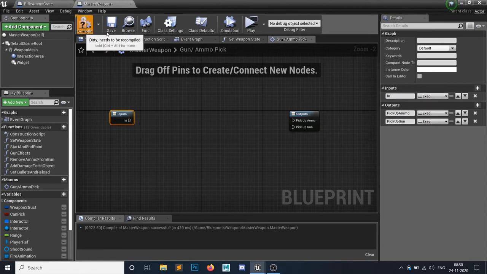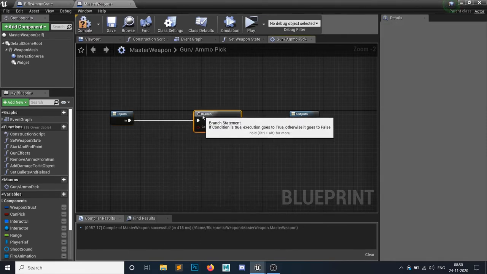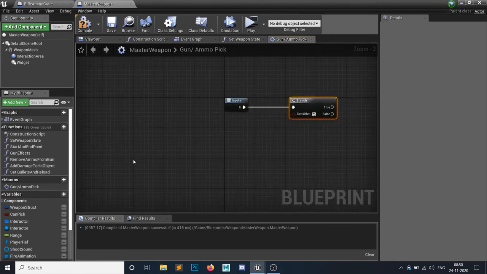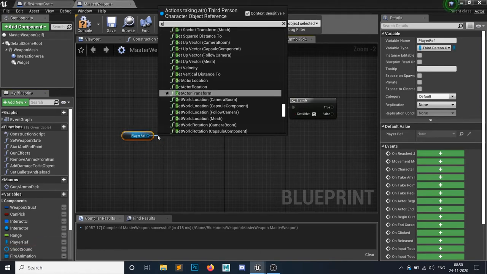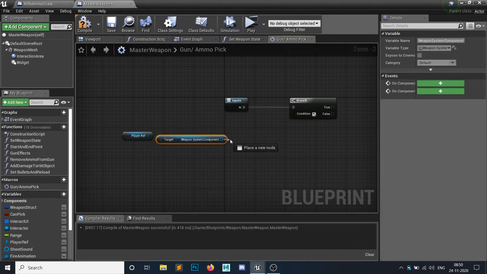All right. So first we want to check whatever gun we have: the player reference, this one, get the weapon system component and get the primary holster.